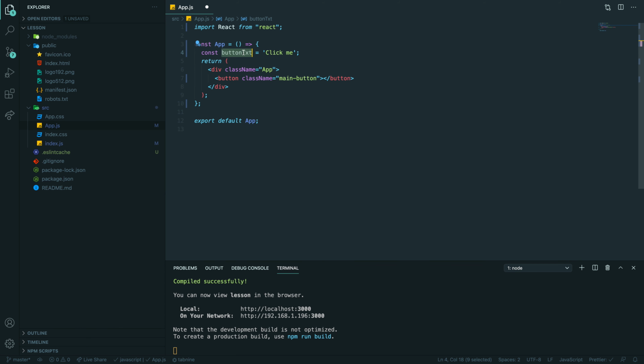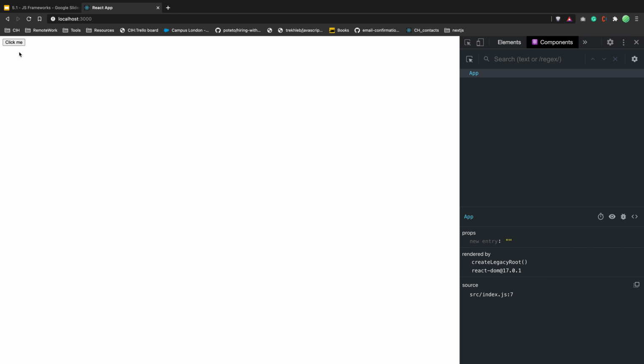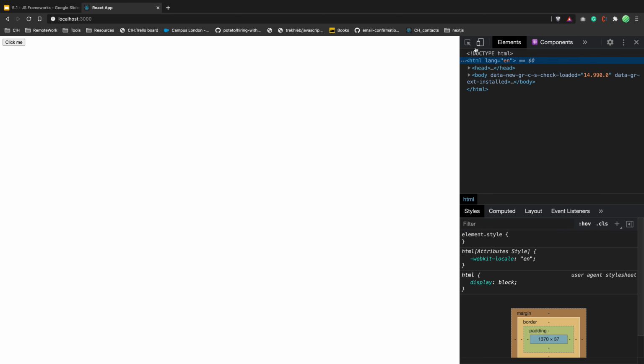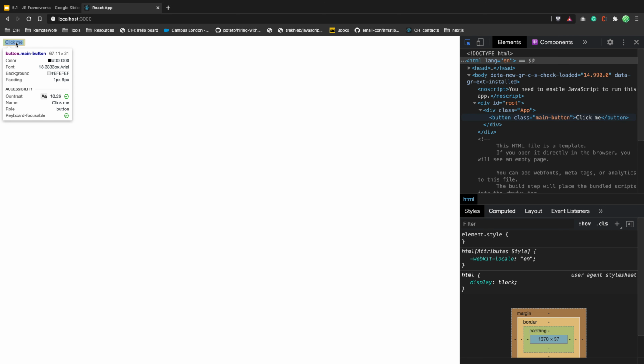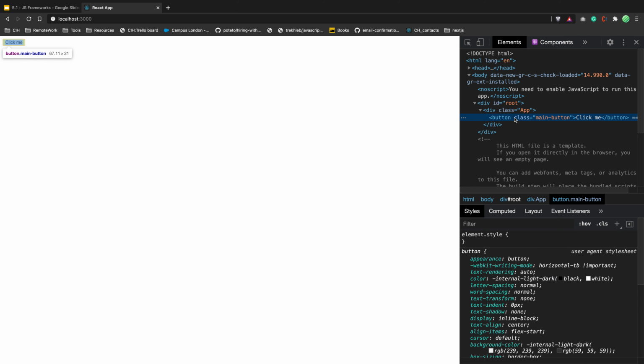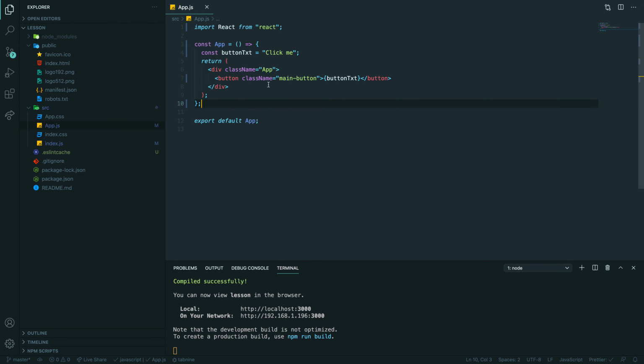So I'm creating a variable, right? And to put the variable inside HTML, I'm doing curly braces, and then inside you put in your variable. So if I save, I still have click me, right? And in my compiled HTML, I have a button with class main button and click me text, right? But in React, it looks like this.